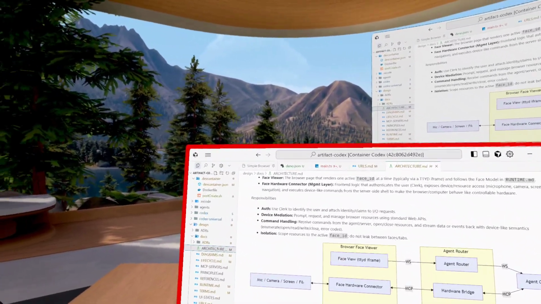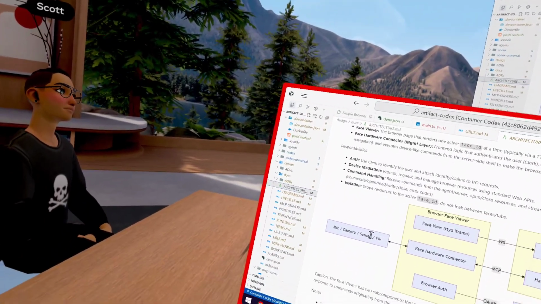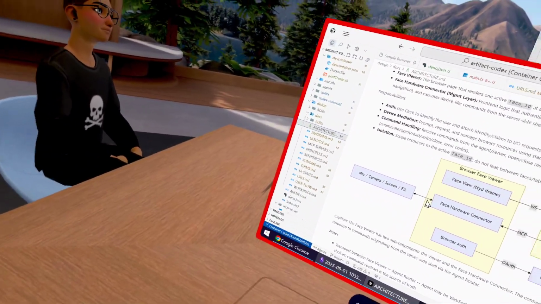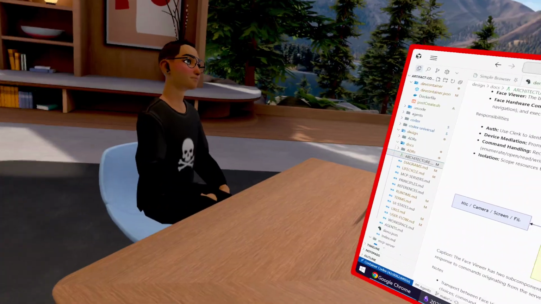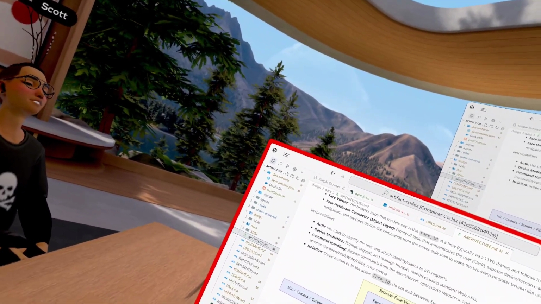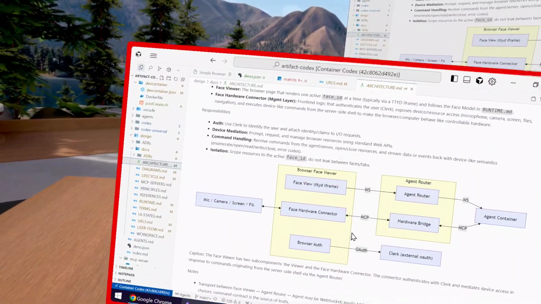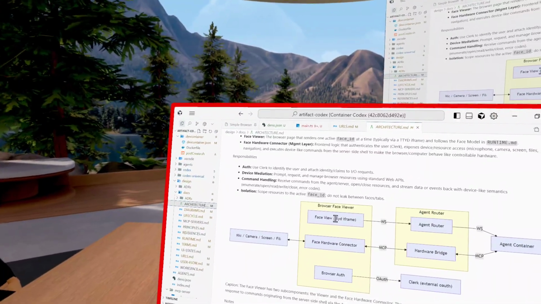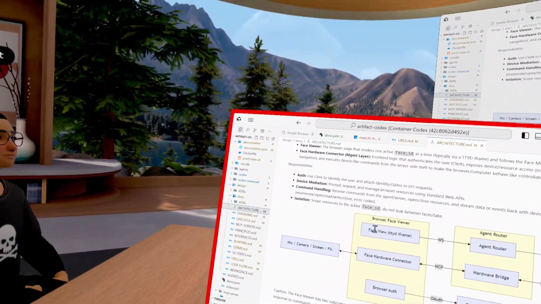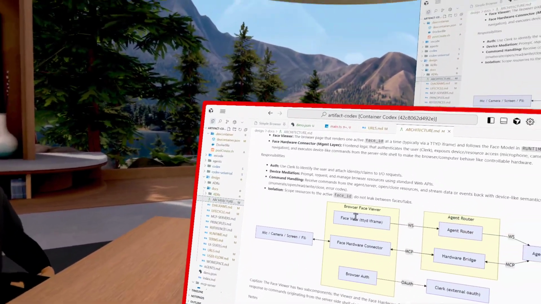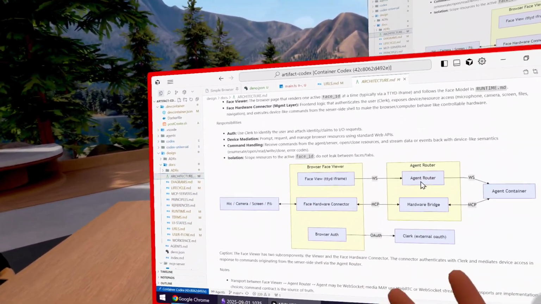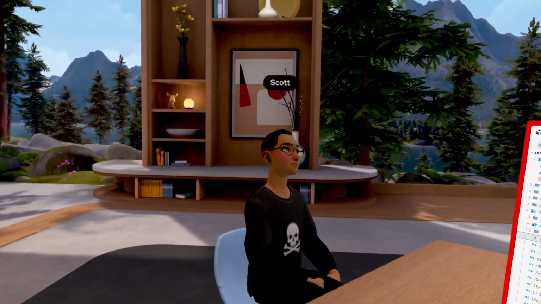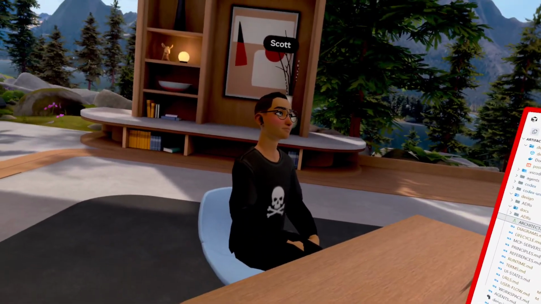Fair enough. Tragic story: if I made that a one-way arrow, I couldn't get this bit to be on the left, due to Mermaid diagrams' auto layout. So Mermaid is bad. You could please just not scrutinize the direction of the arrows too badly. Fair enough. This one here initiates the question, because the browser gets told where to go, and then it goes, hey, agent router, I'm trying to get to here. Agent router does the telephone switchboard bit, points you at the agent, and that's how the connection gets made.